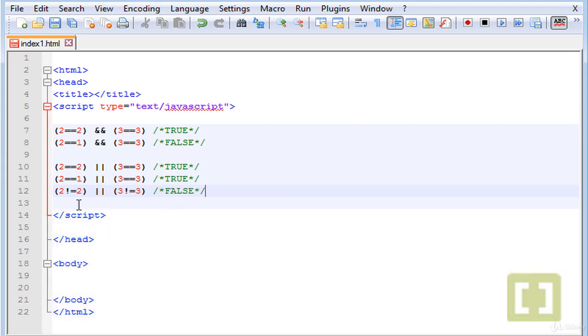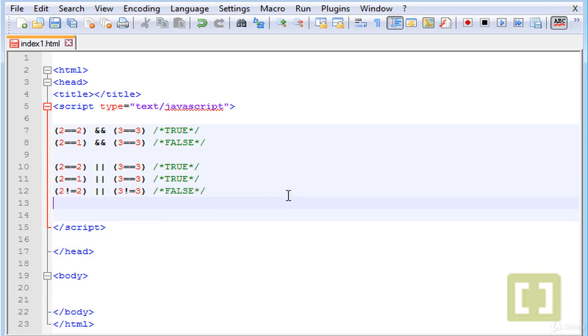Okay? Because both the first condition and the second one are false. What about if we type 2 is not equal to 1